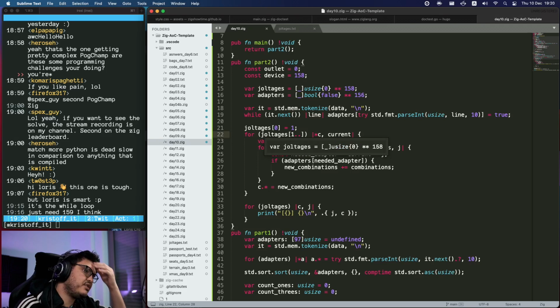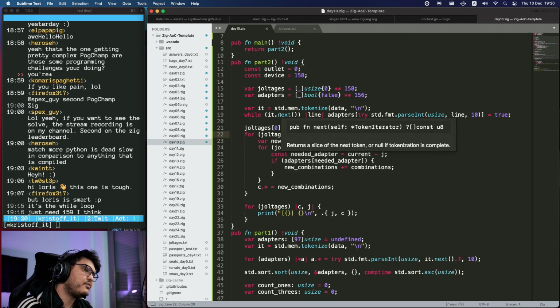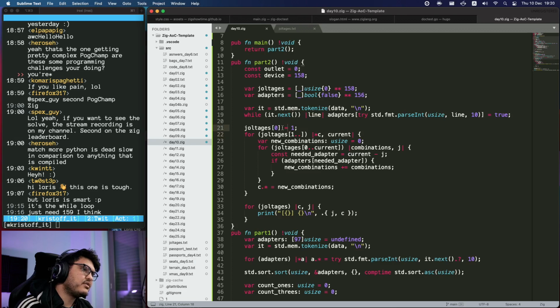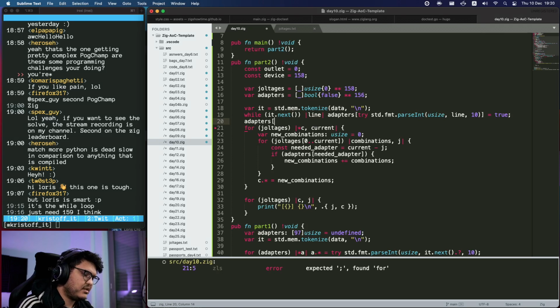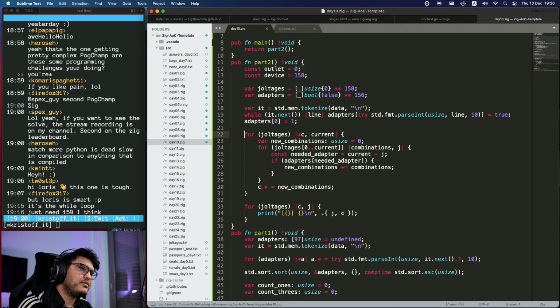So joltages starting from, should I start from 0? No, why? Because I'm missing in the adapters. Or you know what? I could start from 0, and I don't need this hack here, because adapters are not writing to the line 0. So if I do adapters 0 equals 1, I can basically count the